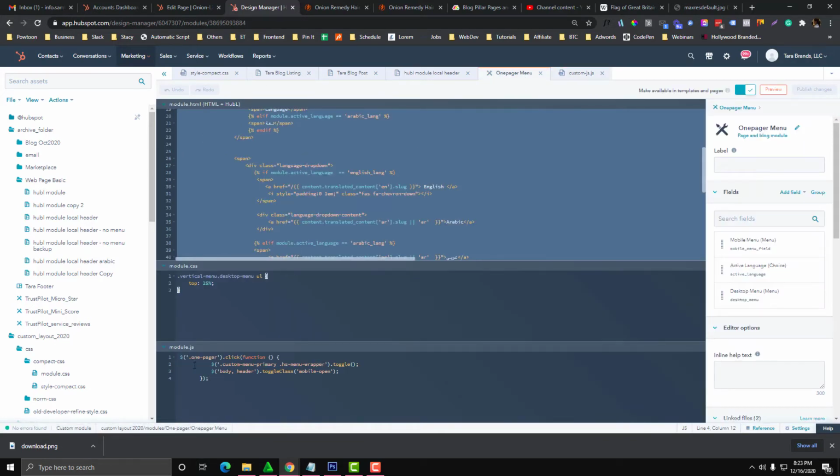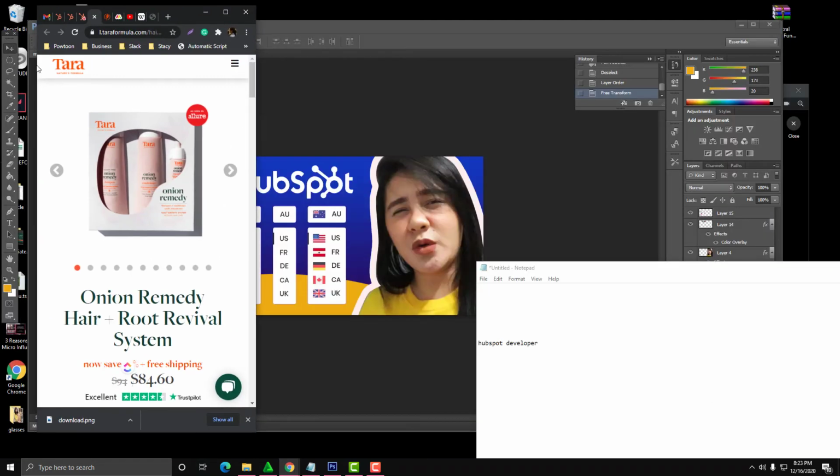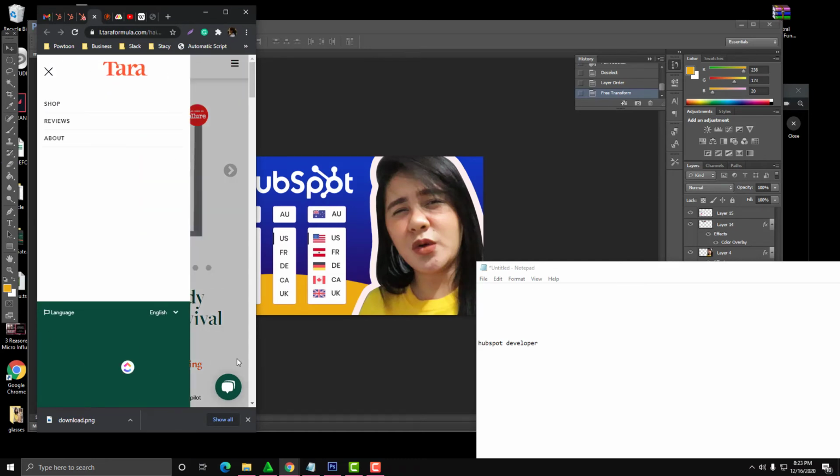So this one. So I set like if a one pager is clicked, then I want to remove the custom primary class. I want to toggle it. So I want to toggle that one, and then toggle the mobile class as well. The mobile open is the class in order to make this menu visible. So if I click the